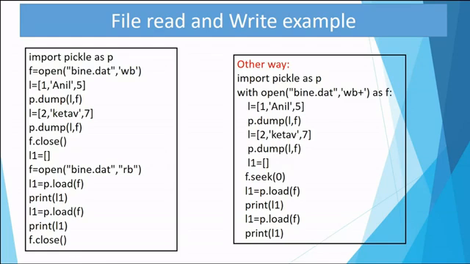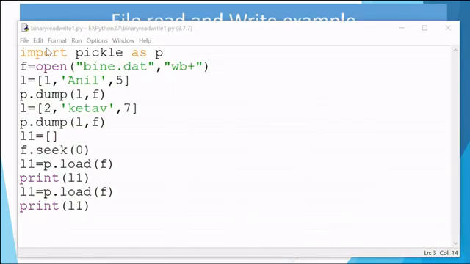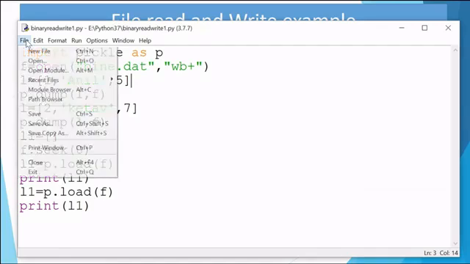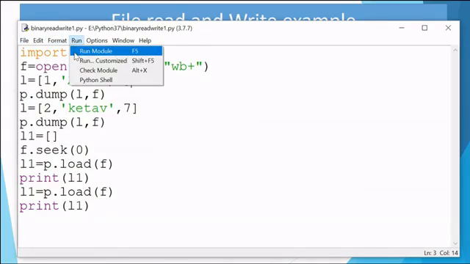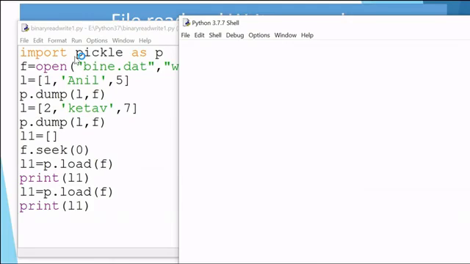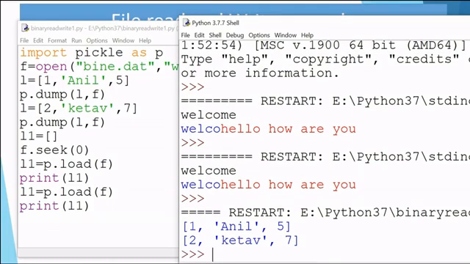Let us see the output. It is exactly the same code which I have shown you on the slide. Let us run and see. Run the module. Okay, so it wrote it first and then read it for me and displayed it on the screen.